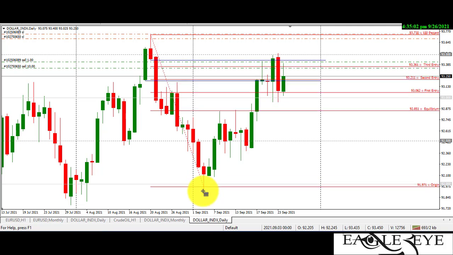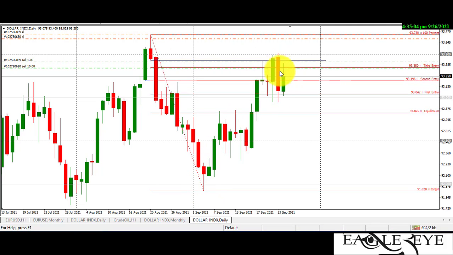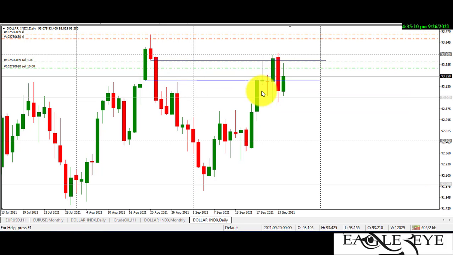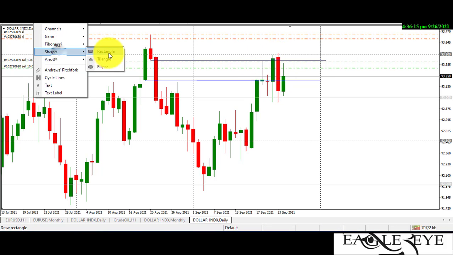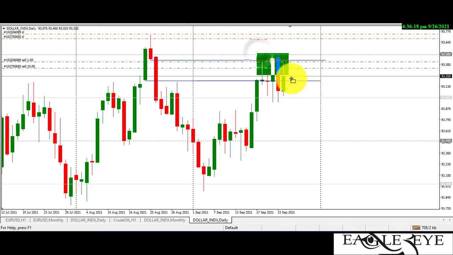We actually created a nice optimum trade entry around this area, right? And from where price opened for the week, the open was at 93,195, we couldn't have so much bullish movement. We couldn't have any bullish movements. Price was kept in some kind of a range; this range was kept in there.